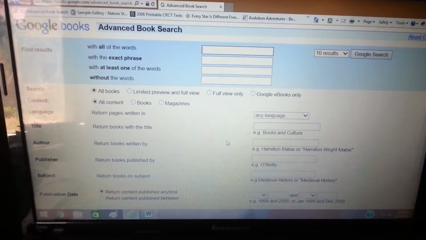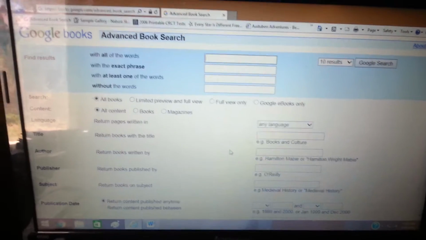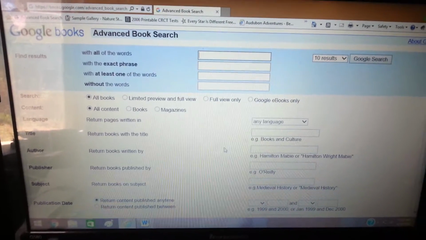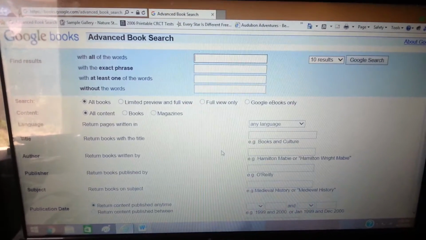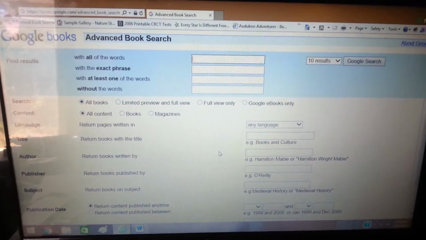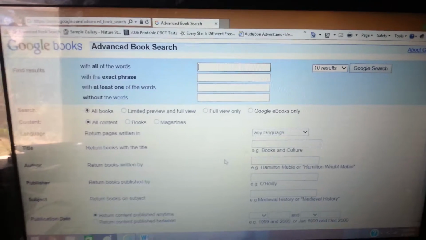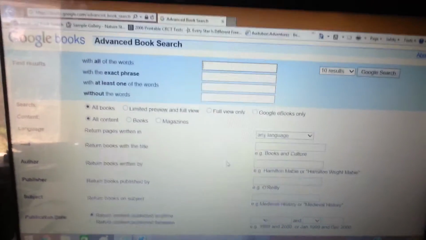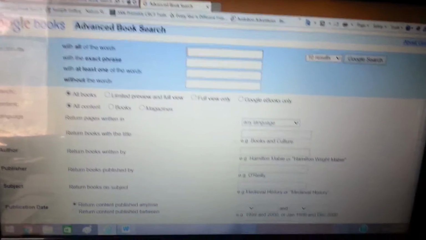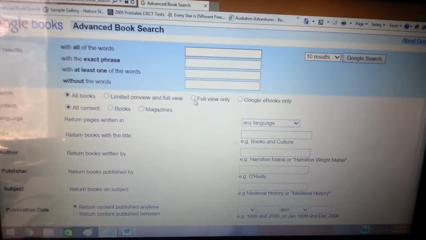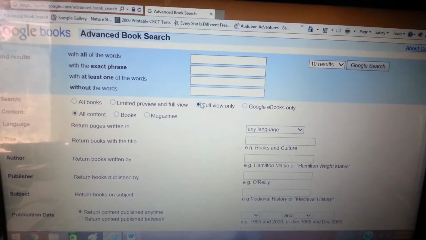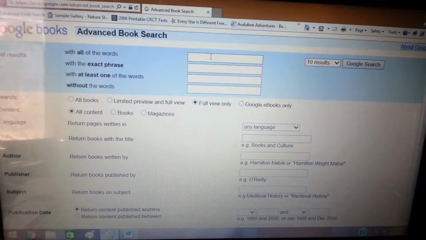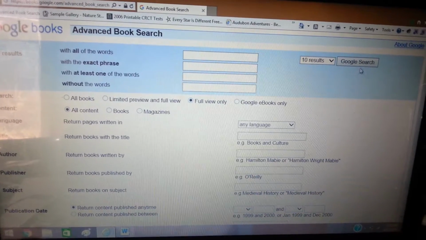Hi everyone, so I'm going to try to make a video, like a step-by-step, on how I created the Solomon Owl book. So I look for my books here on Google Books, and then you have to find it under Advanced Book Search. What I do is I hit full view only, and then I will hit